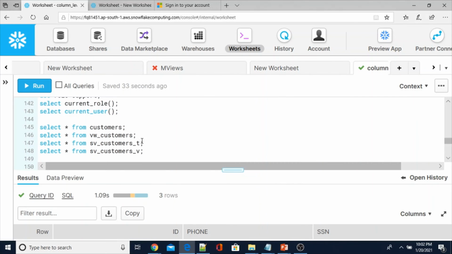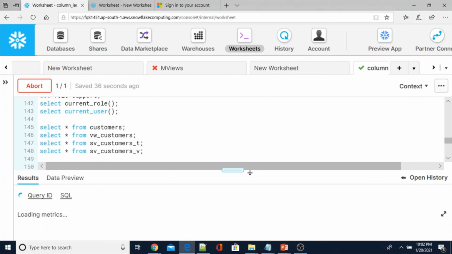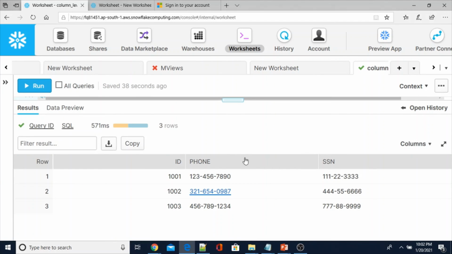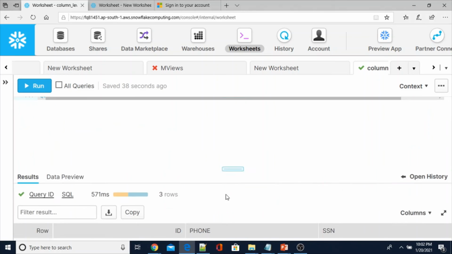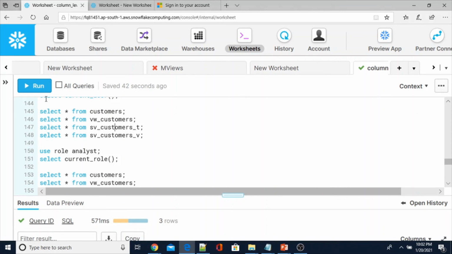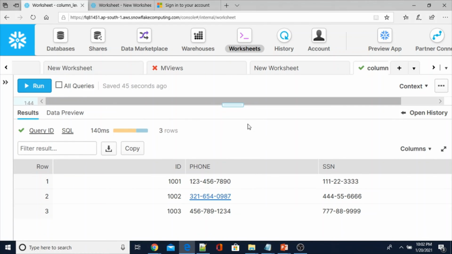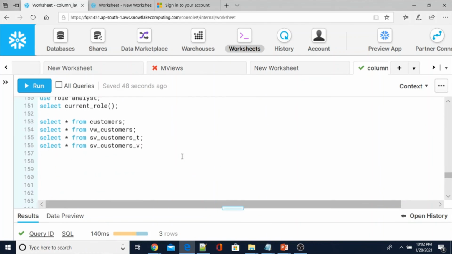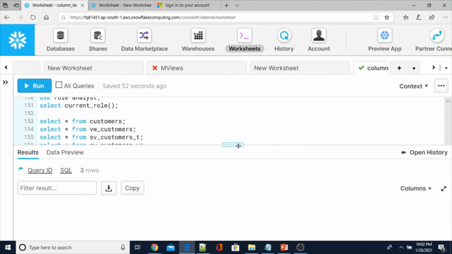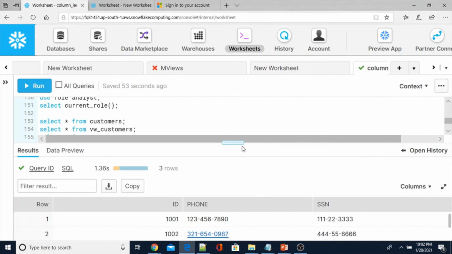And the same from the other objects: from the view we can see the data also. And the secure views, yes, both secure views. One is the view created from the view, another one is from the table. Yes, we can see the data.